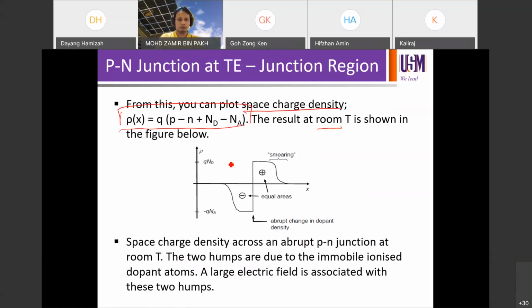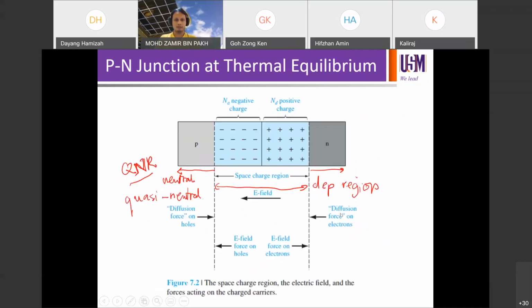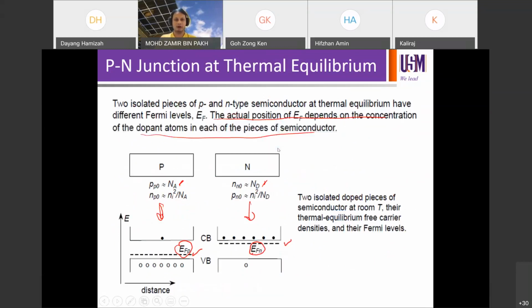If you look at the depletion region alone, you can see that this is the whole SCR. On the y-axis is the space charge density, given by Q ND and negative Q NA, and the x-axis is the distance across the p-n junction. This central region is the SCR where you only have charges; we don't have any charges to the left and to the right. If you want to relate this to the previous illustration, we are talking about this region where you have all the charges, but there are no charges to the left or to the right. So we plot this as a graph